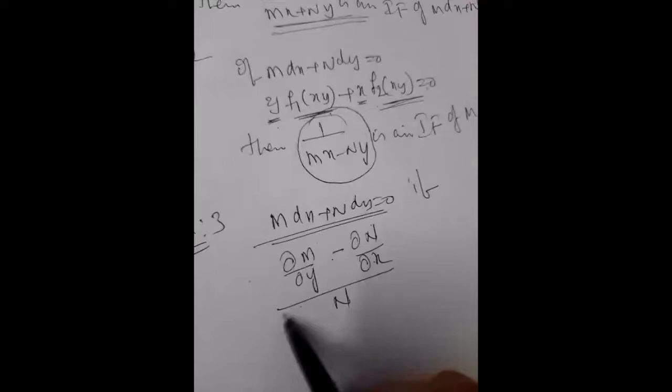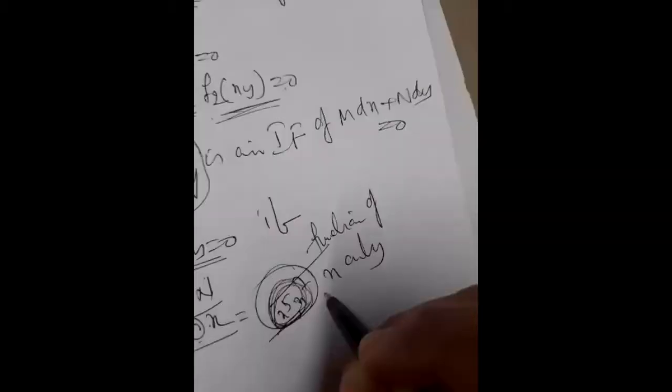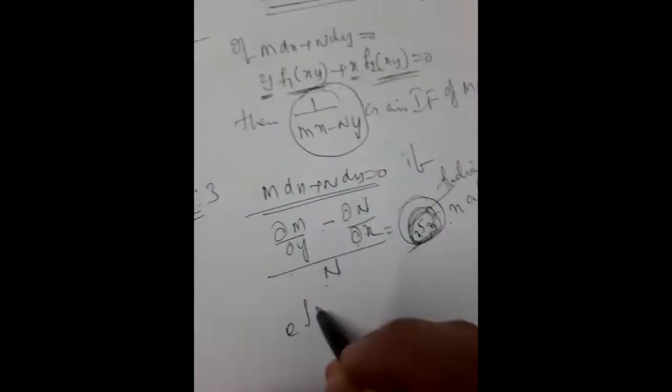And the solution here should be a function of x only, that is, x to the power 5, x to the power 7. It is a function of x only; y should not be there, the y term should not be there. Then we can say that e to the power integral f of x dx is an integrating factor. So this is what one should find: 1 by N into dou M by dou y minus dou N by dou x. If that is a function of x only, then the integrating factor is e to the power of